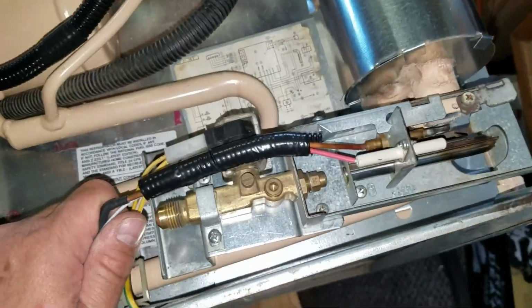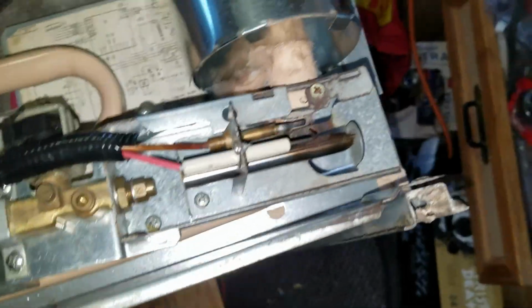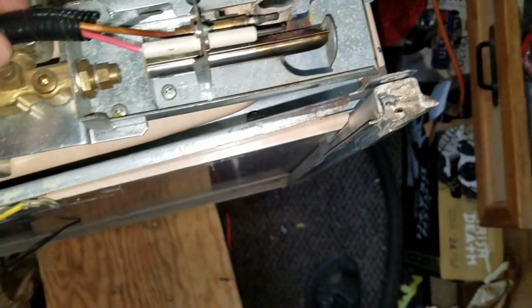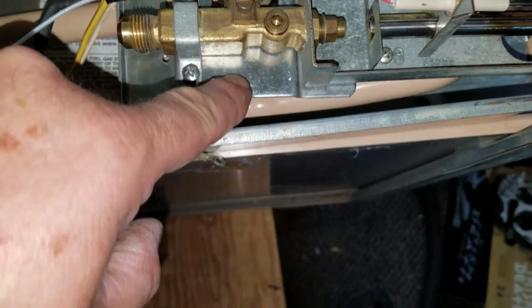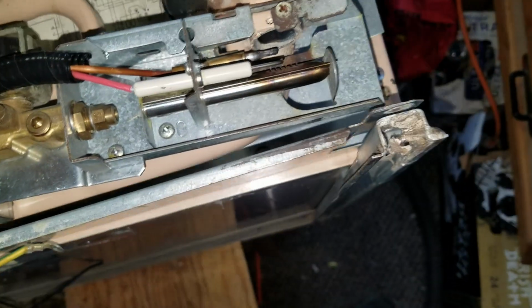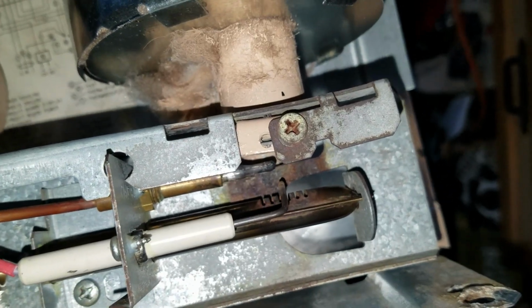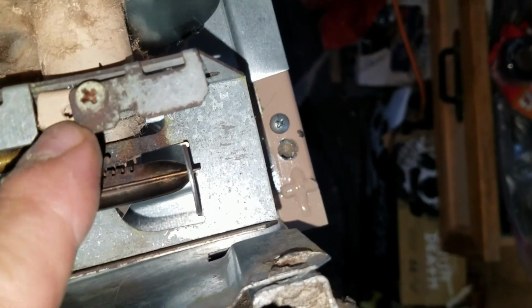Okay, so here is what we have going so far. We're putting the circuit board, motherboard, control panel back on here. And so what we have had to do is the mount bracket they supply you is a little different, and the hole is in a different spot here. So I had to